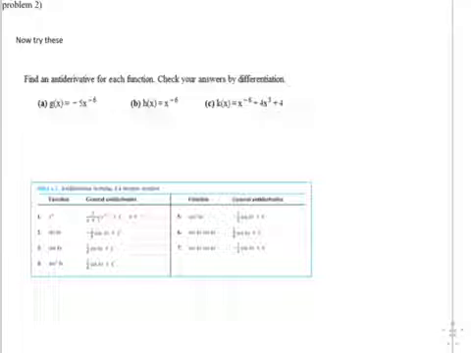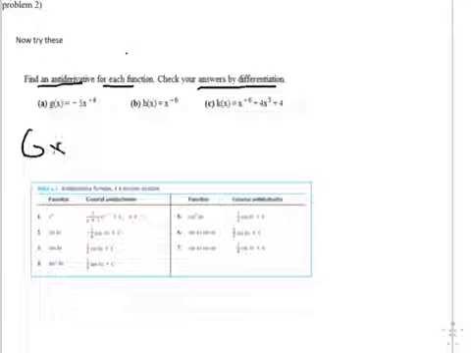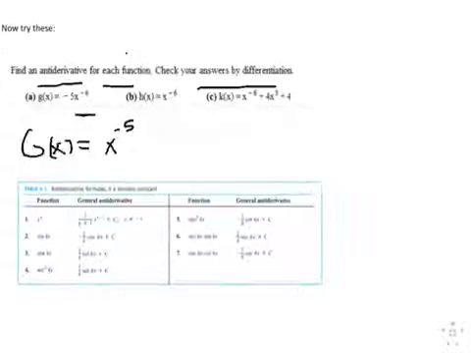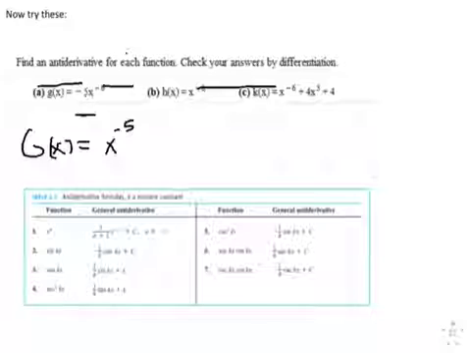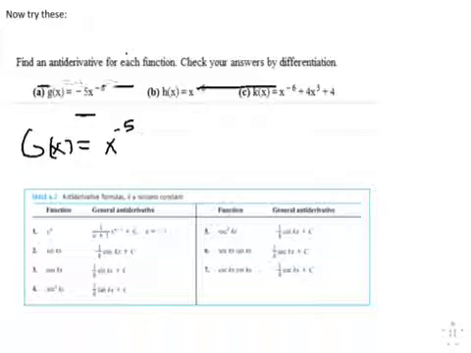So we lucked out, and this is kind of a shorter homework assignment this time. It says find an antiderivative for each function and check your answers by differentiation. Well, clearly we know how to cheat on Wolfram Alpha now, but we want to think backwards. So capital G of x is equal to, and just think about, give me a function whose derivative is that. And you're probably thinking x to the negative 5th, right? But what you're also starting to be aware of